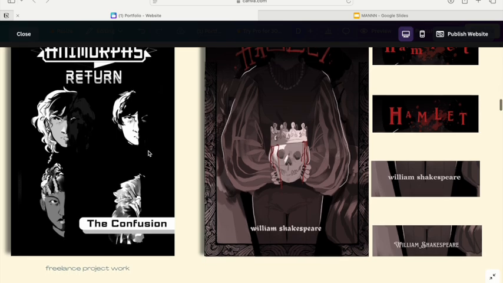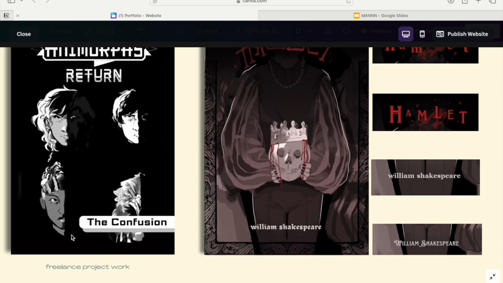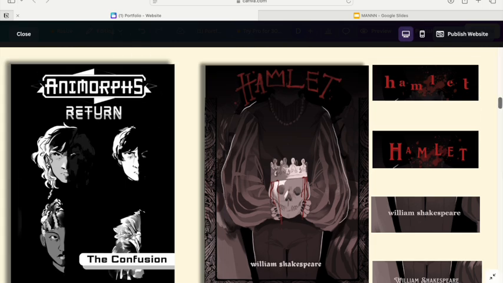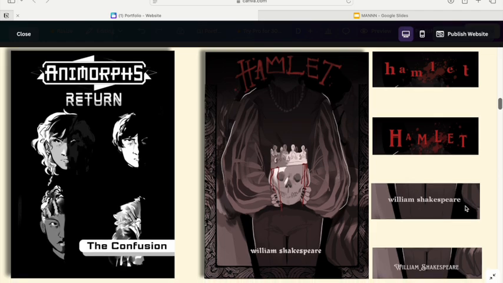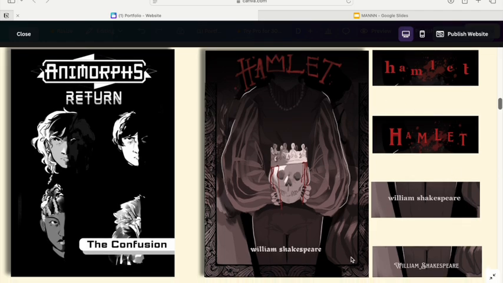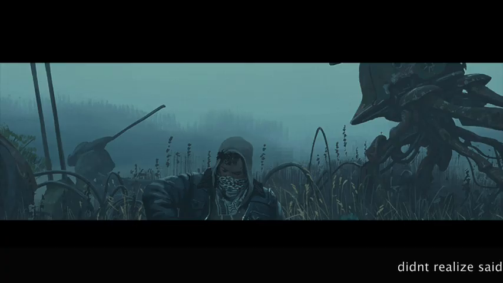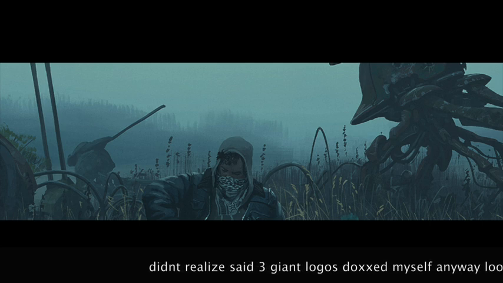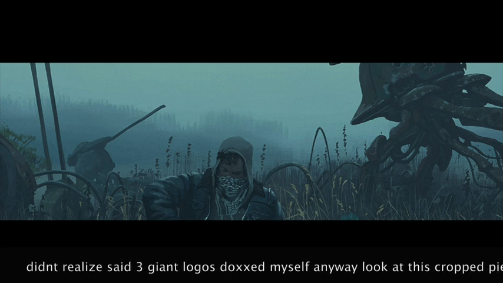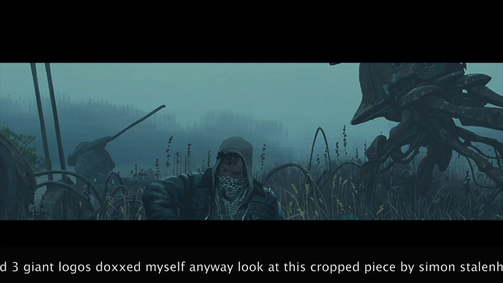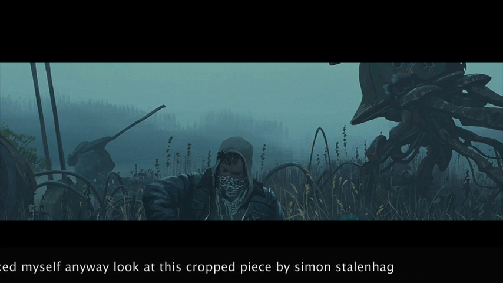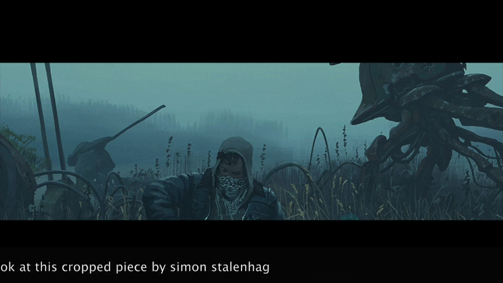Then I put this in because, it doesn't really matter, but I was able to include freelance project work, because somebody asked me to do it for their fanfic or whatever they were writing. This is for kicks. I don't stand by it, but I did use it to try to push this typography, which I thought was going to be really important in design. And then I made a big deal out of trying to create a logo for my website, because this isn't the published version. The published version has my, oh no, I'm so stupid. Okay, we're gonna move on.